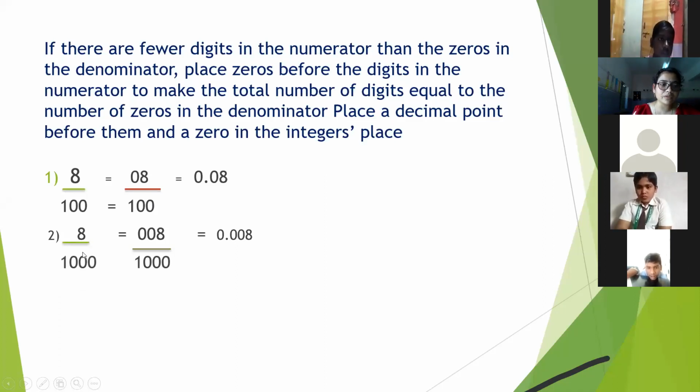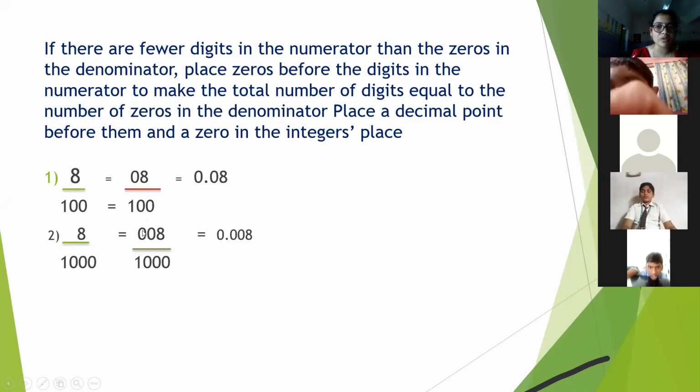In the same way, you will do here also. Here it is 8, one number is given, and here after 1, 3 zeros are given. So you will make this a 3 digit number. I have put in front of it 0, 0, means 2 zeros, to make it equal to the number of zeros given in the denominator. So 1, 2, 3 zeros are given, so 1 place, 2 place, and 3 place I have moved. Then I have put a decimal over here, then in front of that 0.